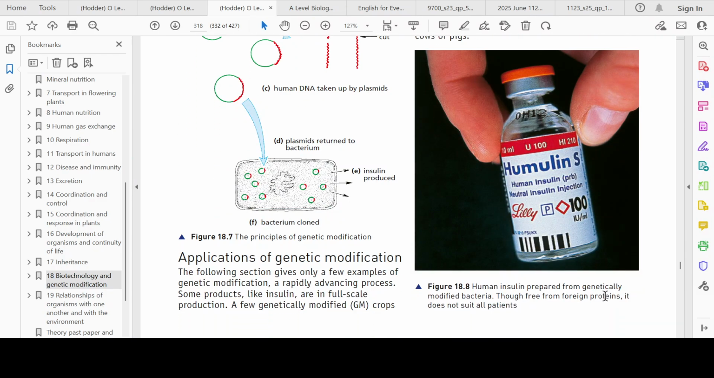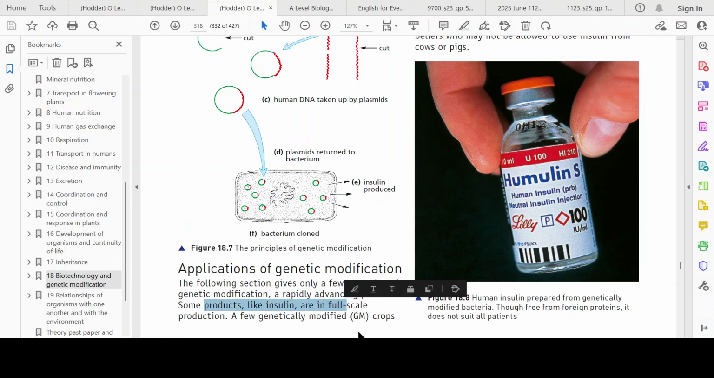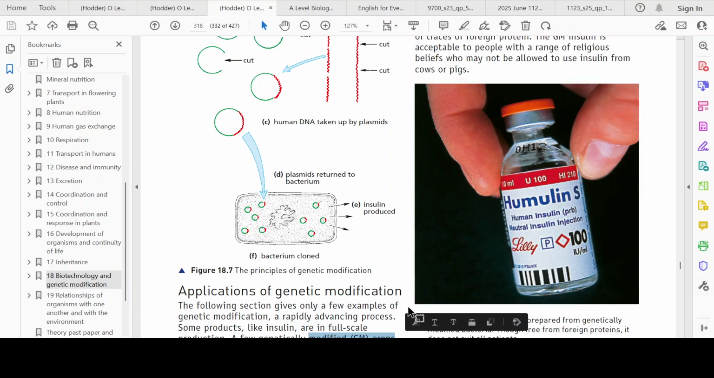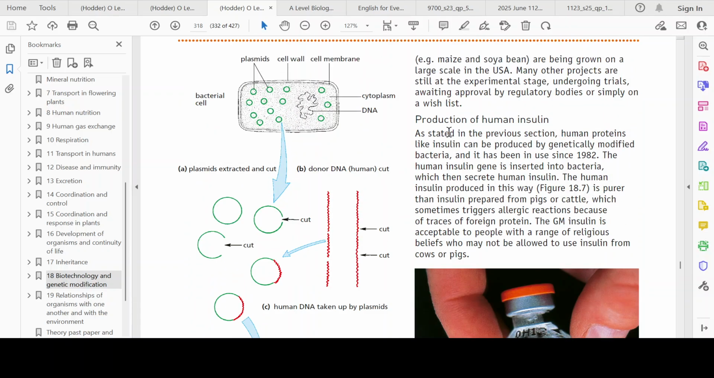And right, so applications of genetic modification. Again, they're mentioning insulin over and over again. GM crops, like we just mentioned. So human insulin, again, right, taking the human insulin gene, putting it in bacteria, growing it in fermenters, causing it to